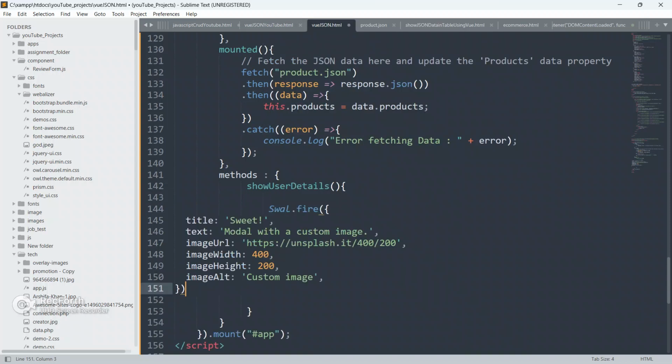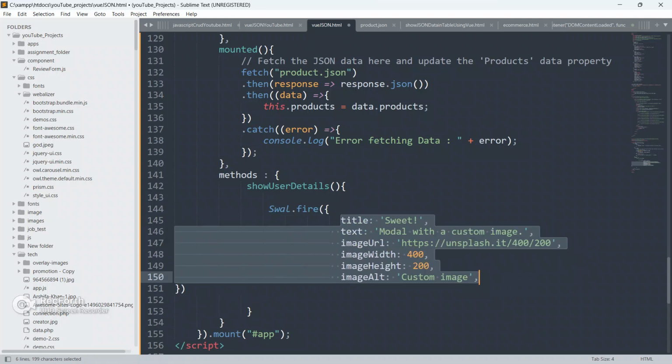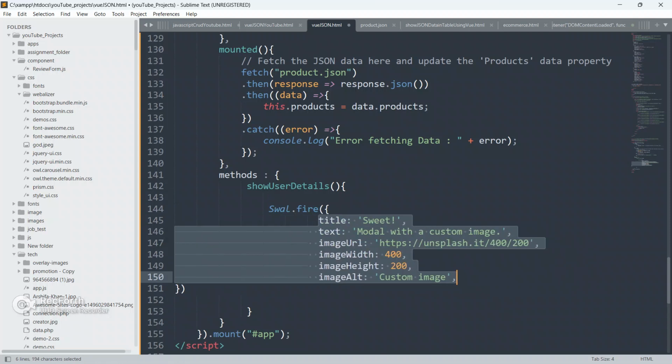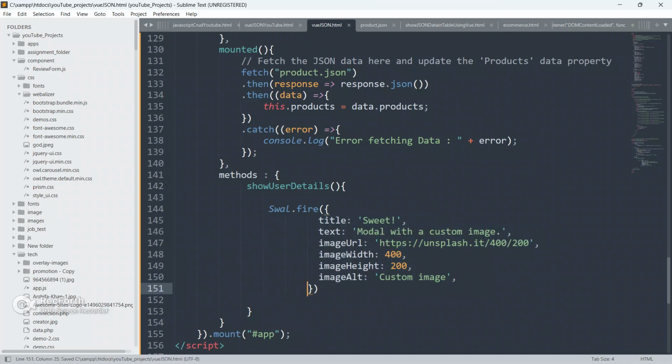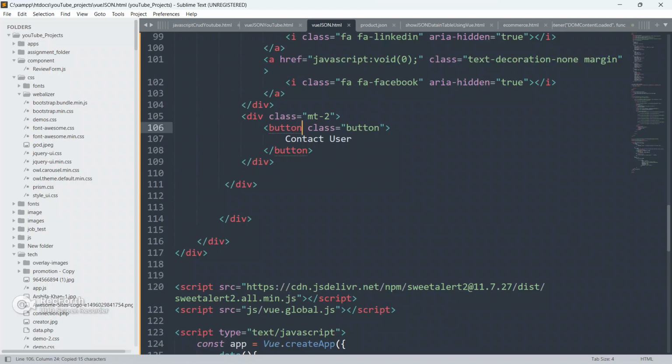Just paste it inside this. So guys, as you can see, now our alert is here. Just give some space so it will look good and you can recognize it also. I'm going to call this function whenever a user clicks on this button.